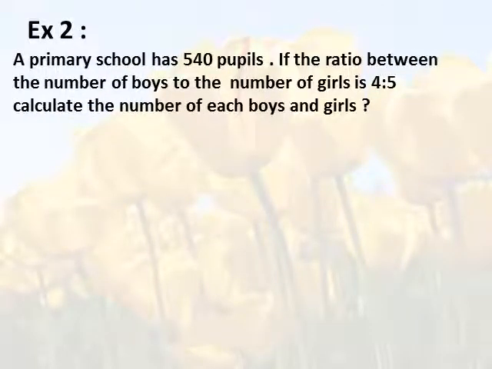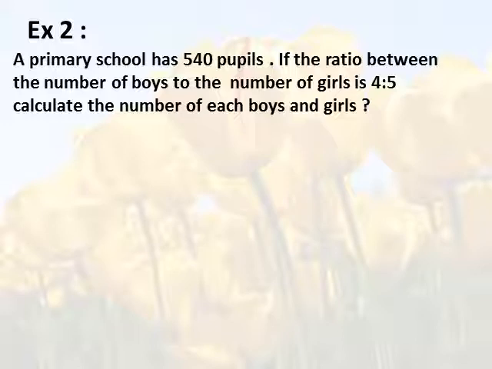A primary school has 540 pupils. The number 540 is the total number of boys and girls. If the ratio between the number of boys to the number of girls is 4 to 5,